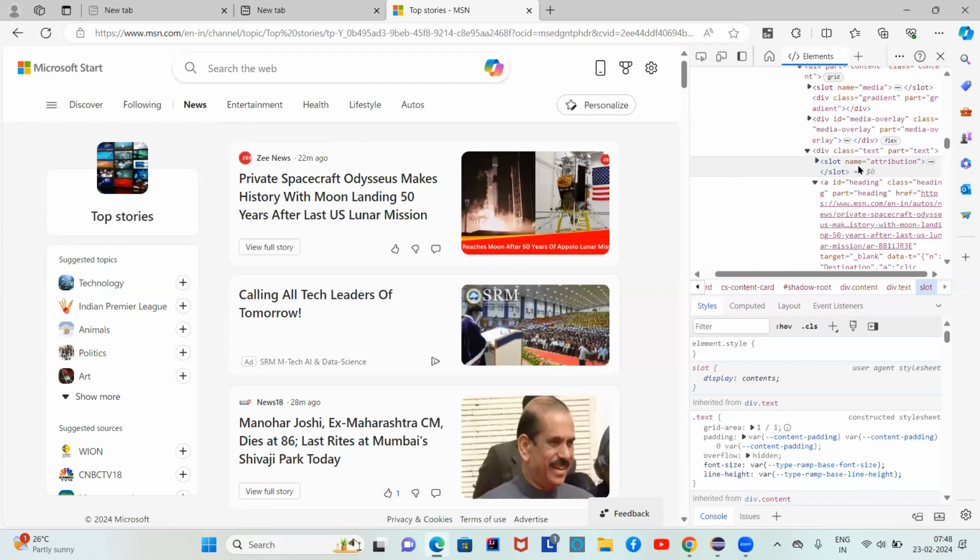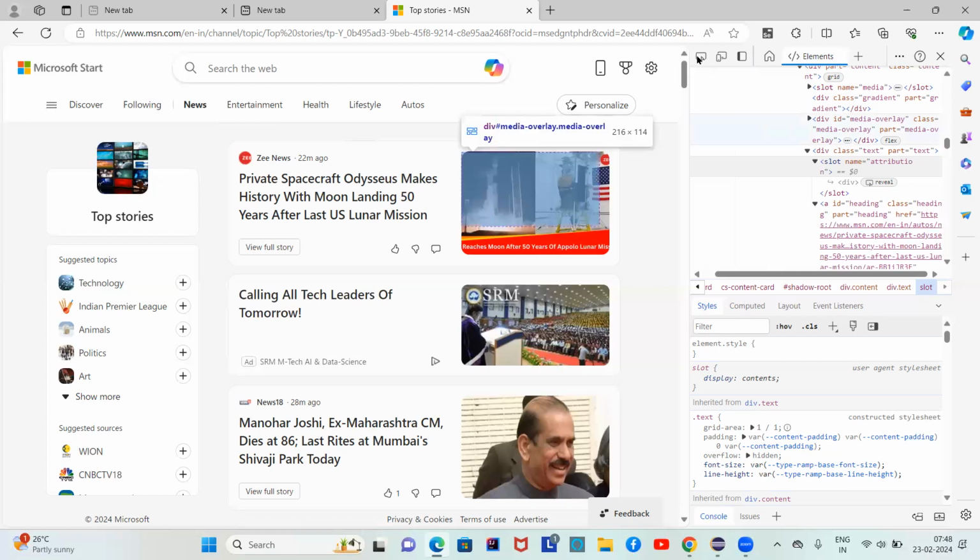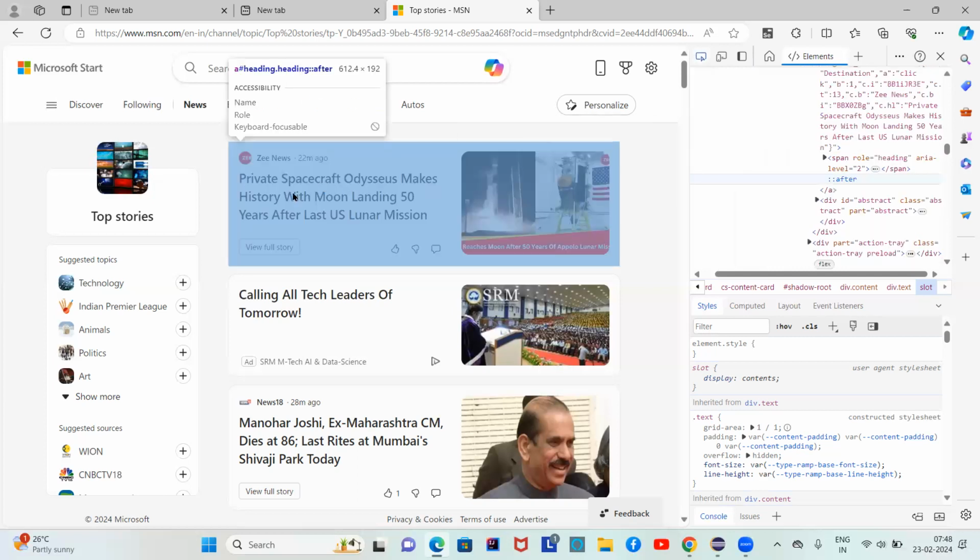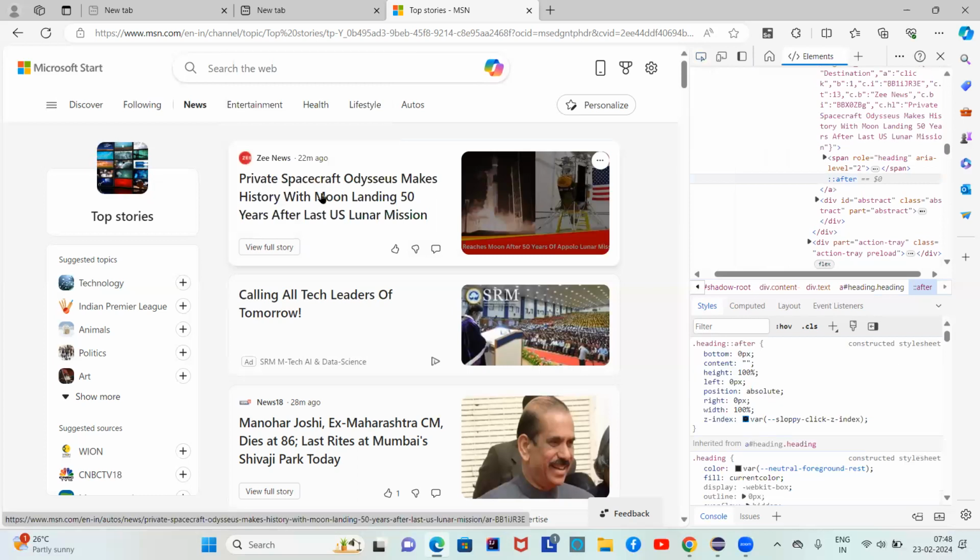so for searching this Z news, see here, inside this div only the Z news is available. Okay, I mean inside this slot, or otherwise you will search whether that private spacecraft news is available or not. Okay, for that here